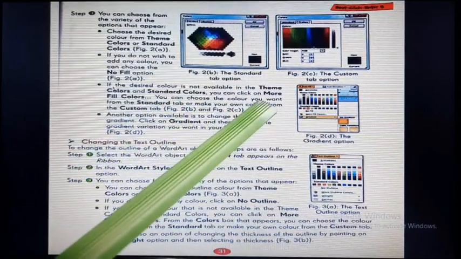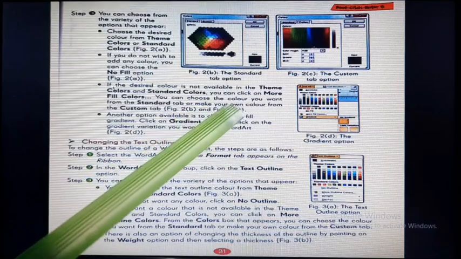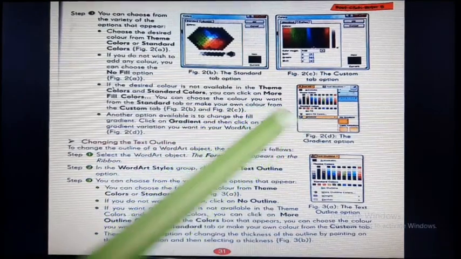You can choose the color you want from the standard tape or make your own color from the custom